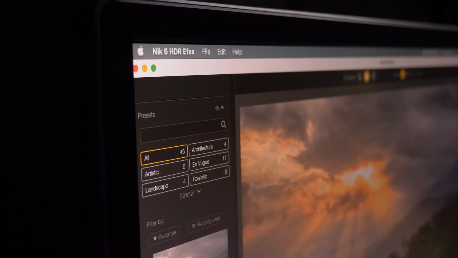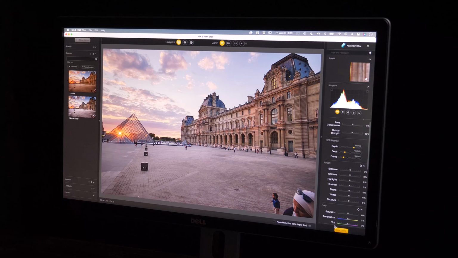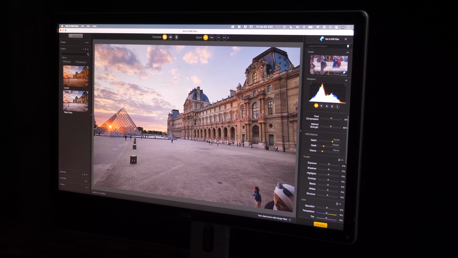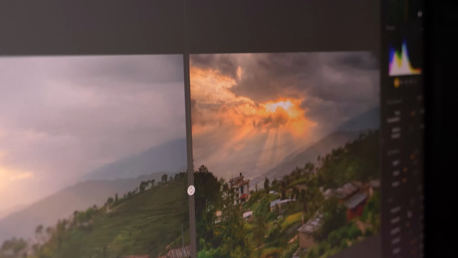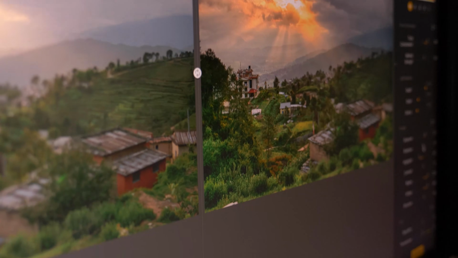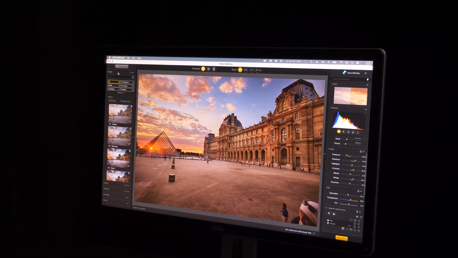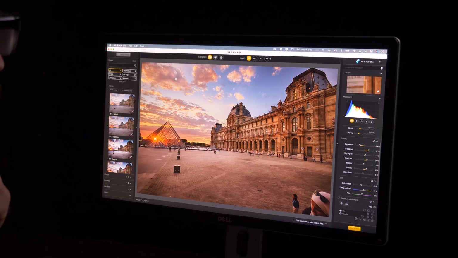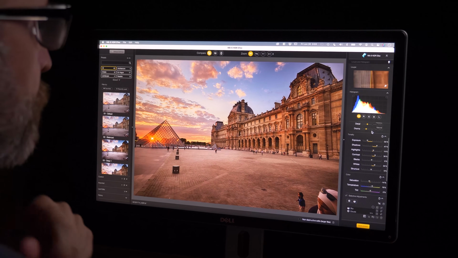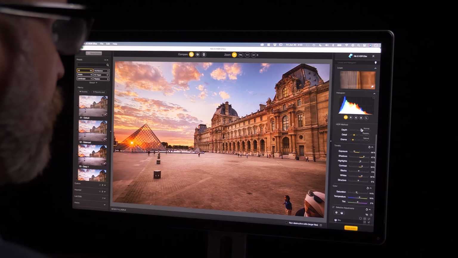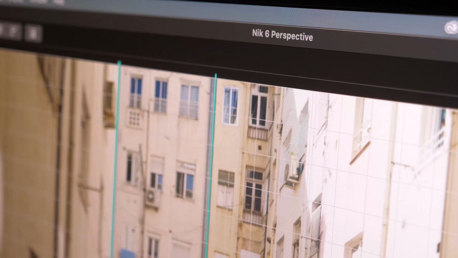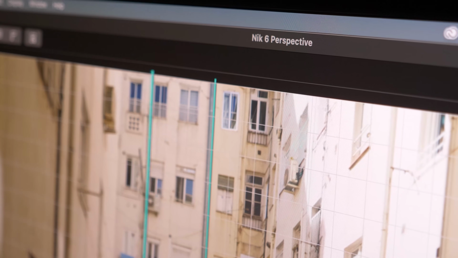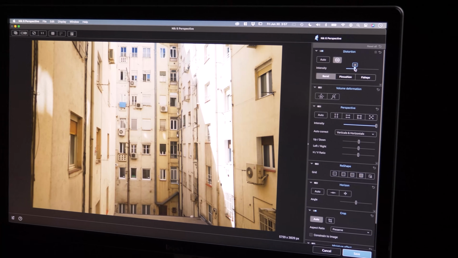Nik HDR Efex allows you to save those scenes that you think are unrecoverable. I will show you how to use a single image to do tone mapping to get the darkest darks to the brightest brights in the same image. Or take multiple images with bright highlights and dark darks and blend them for a well-defined scene. Nik Perspective allows you to correct any geometrical problem in your image using vertical and horizontal adjustments and, my favorite,